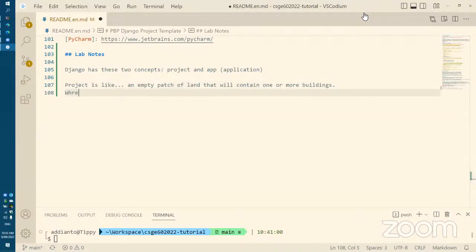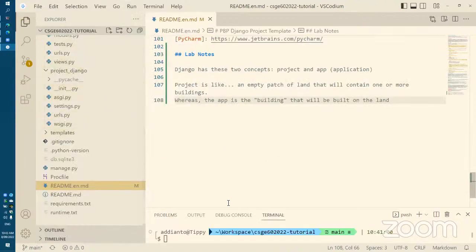Whereas the app is the building that will be built on the land. So Django's project will initialize the base code where you can build your app on top of it. So when you initialize an empty Django's project, let's say